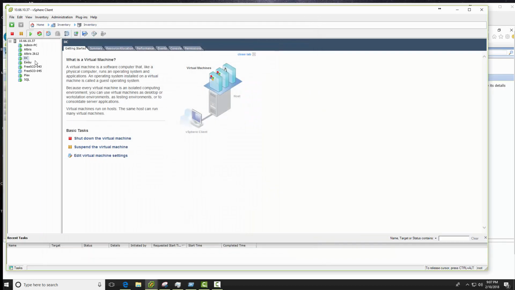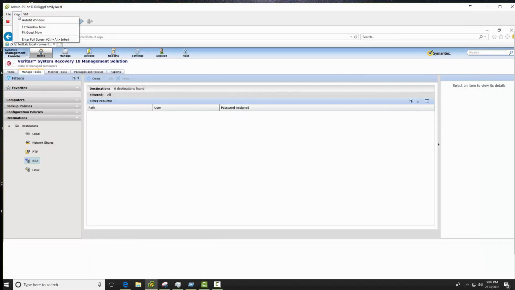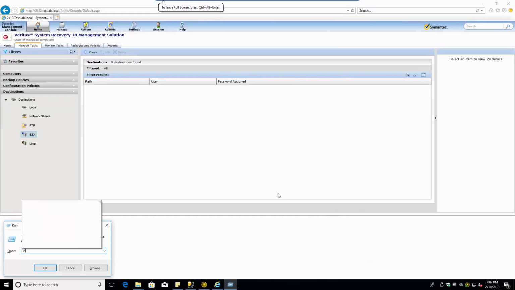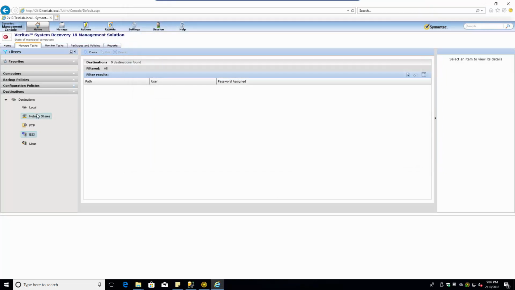Then the next step, let's go back to the admin PC, view, Altiris, VSR. Oh, we have access to that share. Anyway, so what do you have to do? First thing you need is storage, right? We create the physical storage, you create an account,